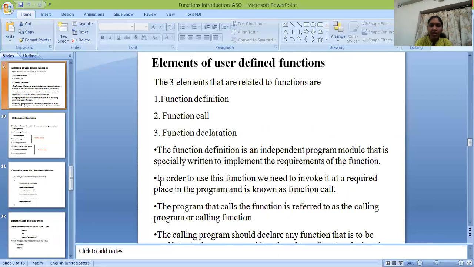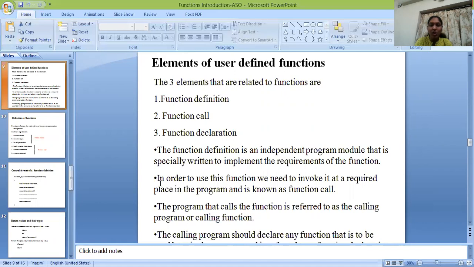The function definition is an independent program module that is specially written to implement the requirements of the function. In order to use this function, we need to invoke it at a required place in the program, and this is known as function call.